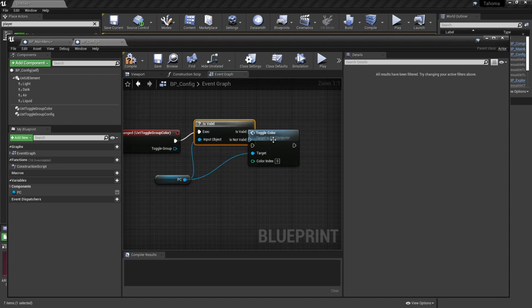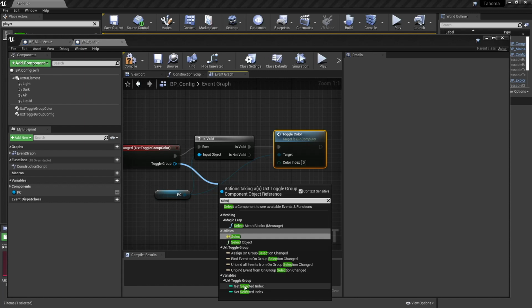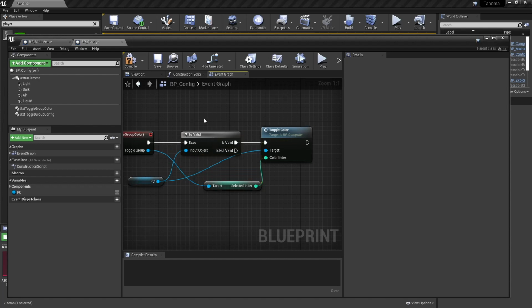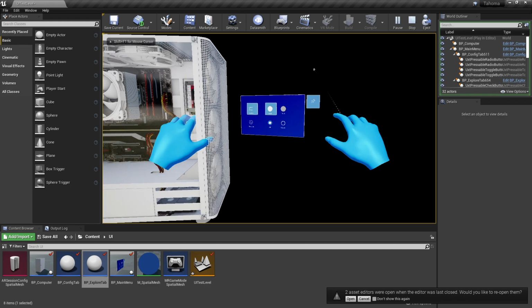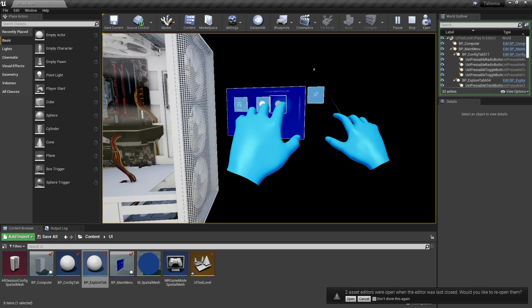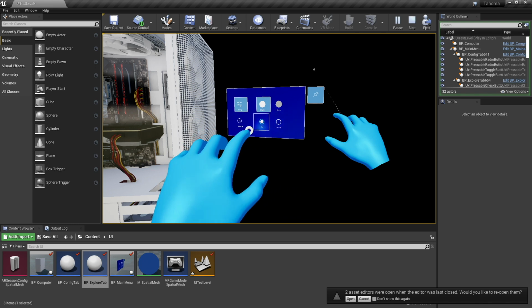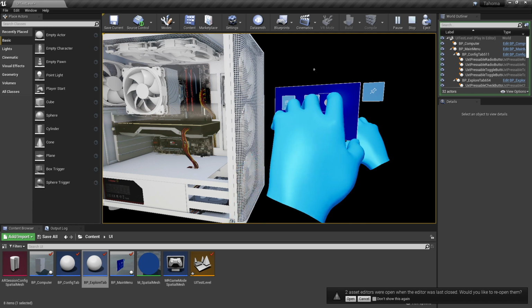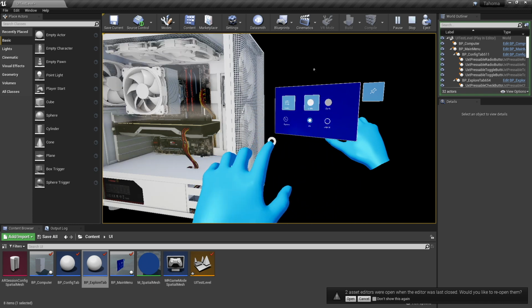It's always a good idea to make sure it's valid, so let's do that. So if the PC is valid, we're going to toggle the color, and the index is actually going to come from the selected index. So we're going to pass in 0 when it's light and 1 when it's dark. All right. So now that all the variants are hooked up, we should be able to touch the dark button, light button, and I've even gone to the effort to hook up the air and liquid already. So now when you select liquid, liquid cooling turns on, air cooling turns on. So here you can kind of experiment with all the various configurations.